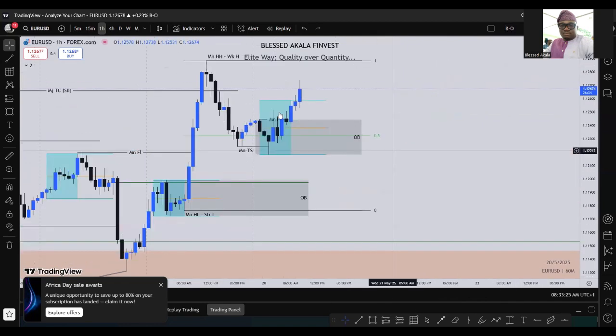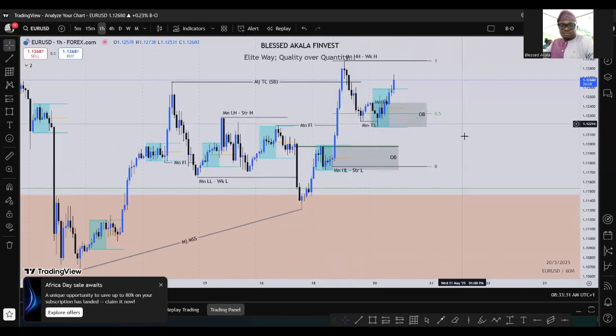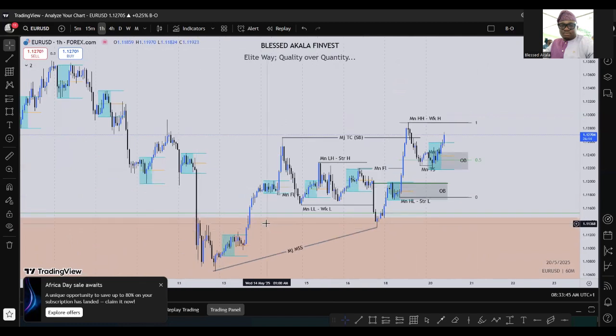That's the reason why I picked this level as the POI that we are anticipating. It is a minor POI, but nonetheless, I'm anticipating that if price didn't come into this order block that we have here, then we can use this particular level to transcend into the highs. We missed our trade here, and I've been trying to study what is causing this.